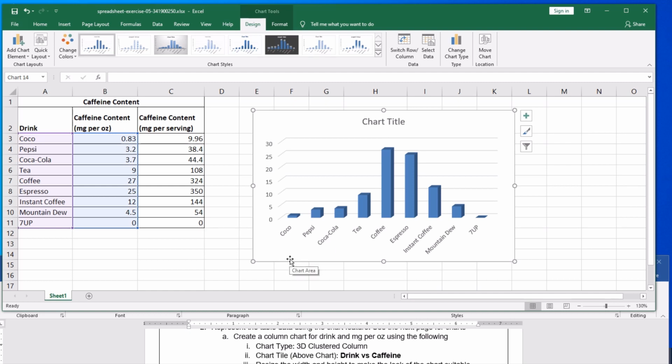We have many things to do. Let us go here and see what it asks us to do. Now we finished chart type 3D cluster. Okay. Now number 2, it says chart title above chart. So it is this one, and this is what we should type in the title. So drink versus caffeine. So what I will do, I will click the chart title. Then when it's selected,